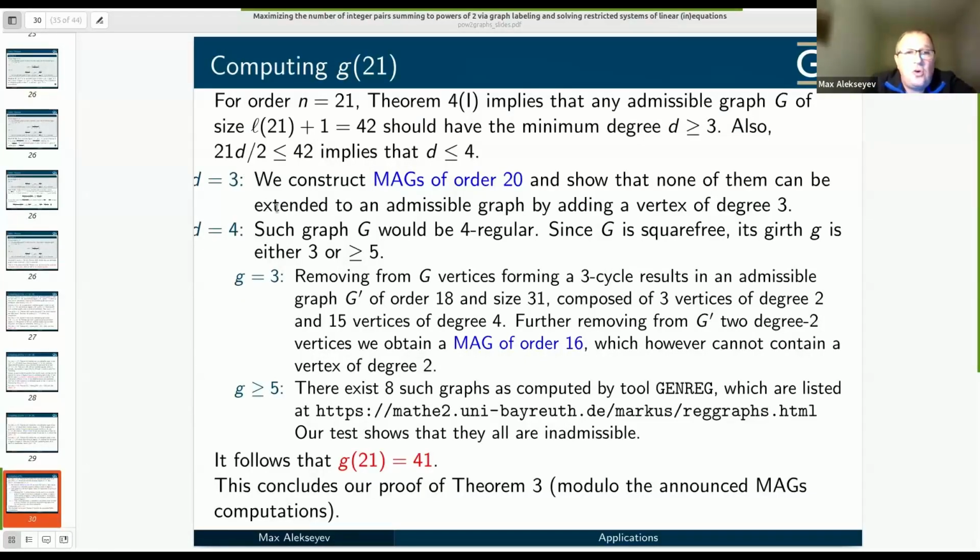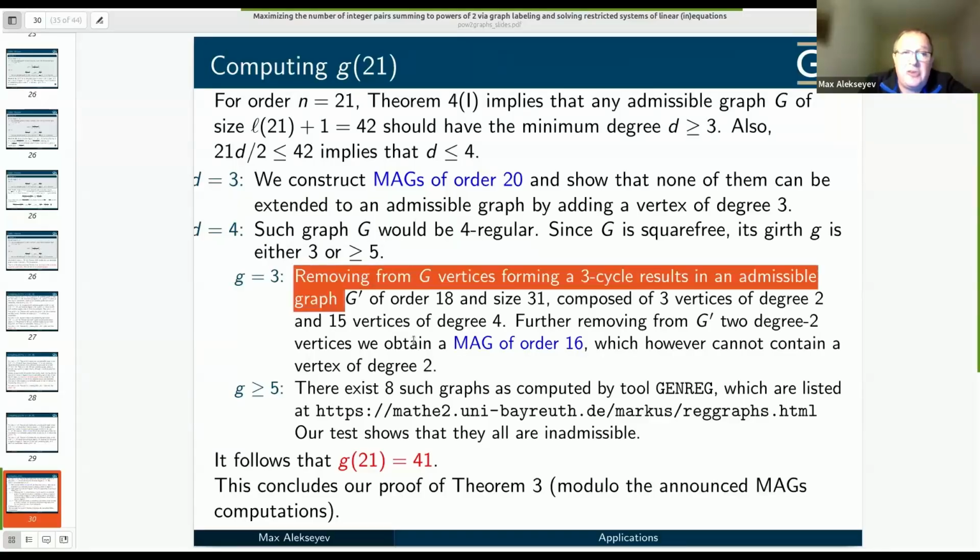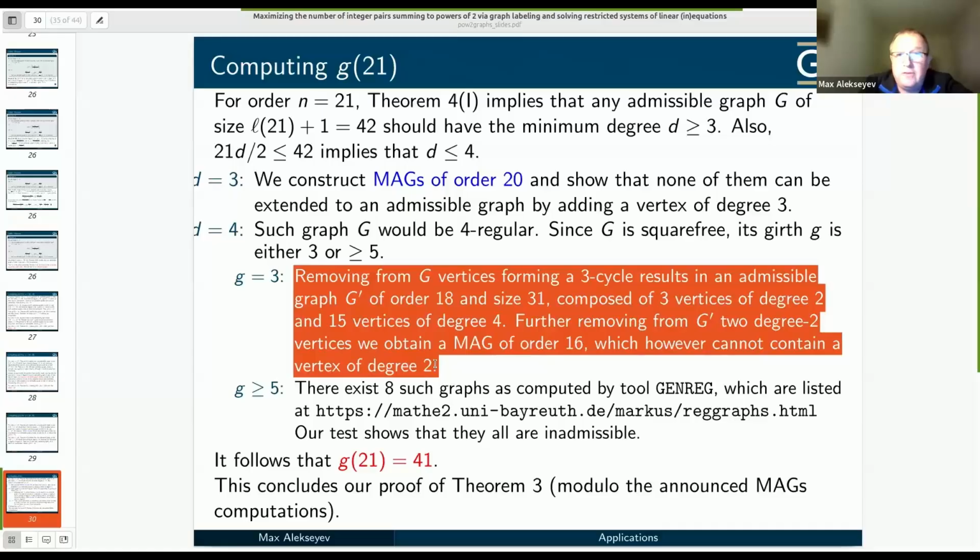If G is equal to 4, then the nice thing is that G must be 4-regular in this case. And furthermore, since G is square free, its girth, meaning the length of the smallest cycle in this graph, is either 3 or at least 5. So if it is 3, then we do the following thing. We remove the 3-cycle from our graph, and